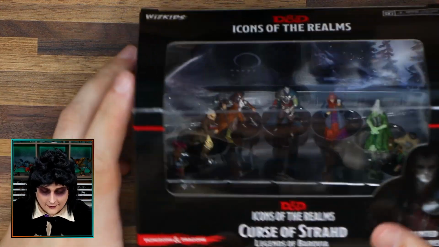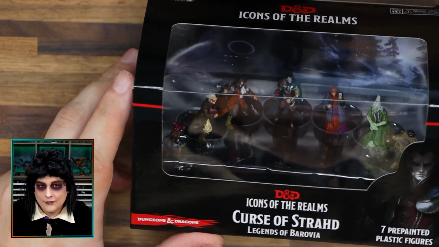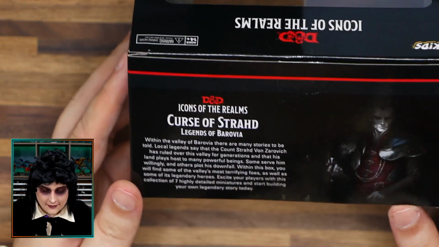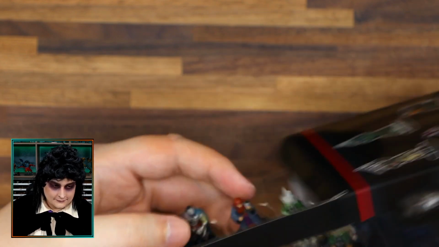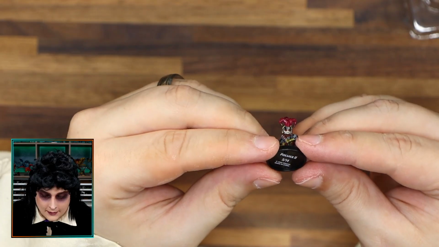Now, let's open Legends of Barovia. So here we go with D&D Icons of the Realm, Curse of Strahd, Legends of Barovia. This set appears to be the primary characters in the story of Curse of Strahd, including Strahd himself. So this time we're just going to start with taking the whole box apart. We have Piddlewick